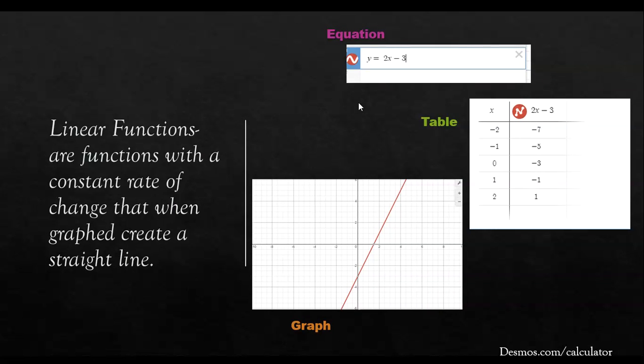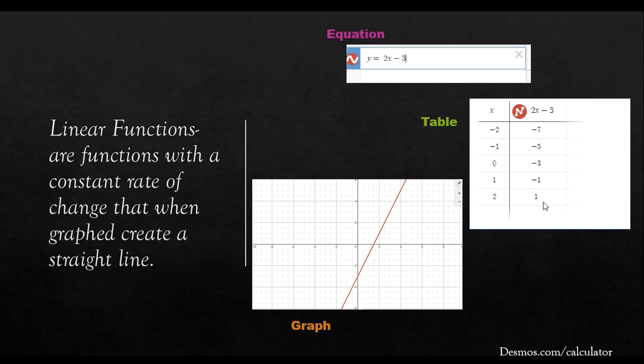Let's start out by looking at the equation. An equation for a linear function is written in y = mx + b format. In this case, we have y = 2x - 3. And for this equation, our table looks like this. So we plugged in our input values for x as -2, -1, 0, 1, and 2, and we have these